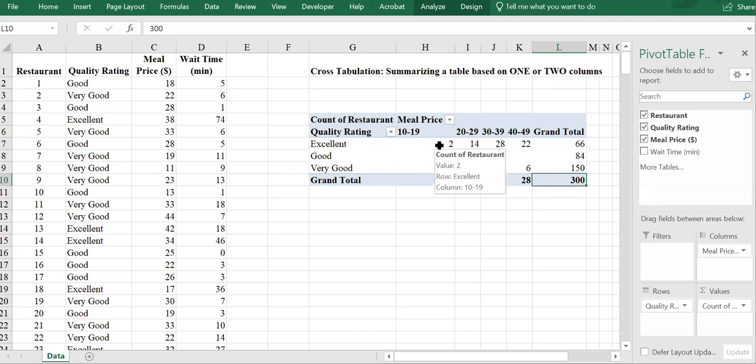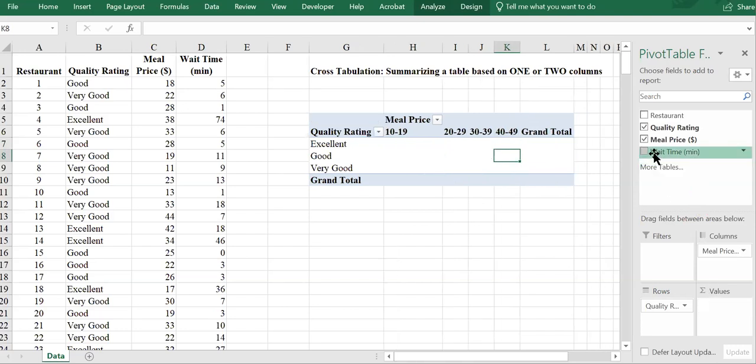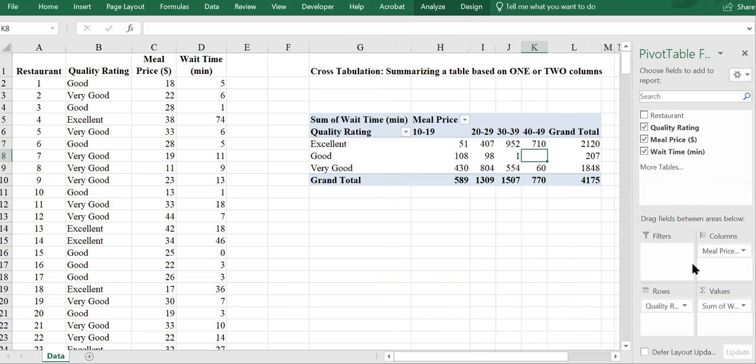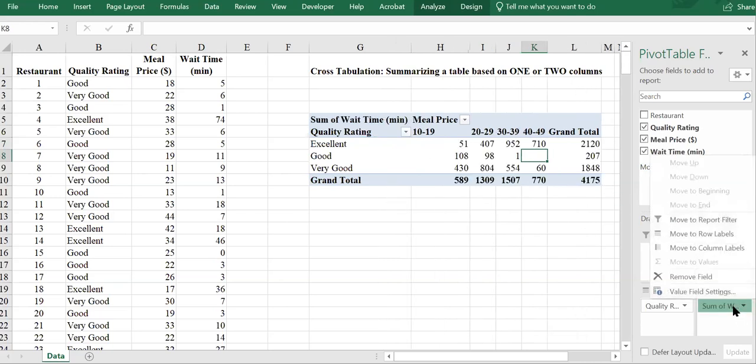And on top of that, we know that there are 2 excellent restaurants with the average meal price of 10 to 19, right? We know there are no good restaurants with the average meal price of 40 to 49. So this is something that we can get. But I'm gonna get another thing, and I'm just gonna find the average wait time for these restaurants. So I have the sum of wait time. I'm gonna change it